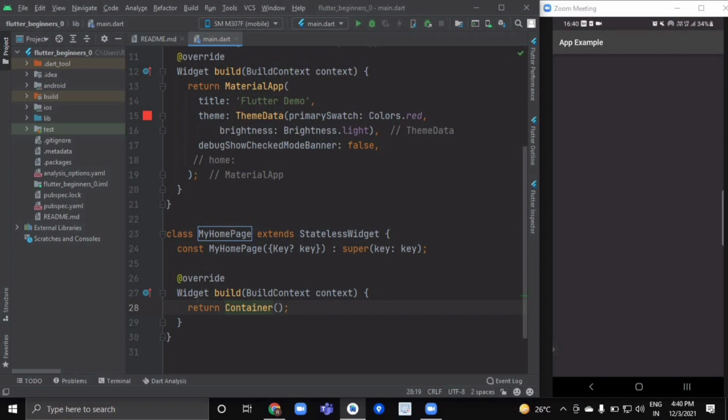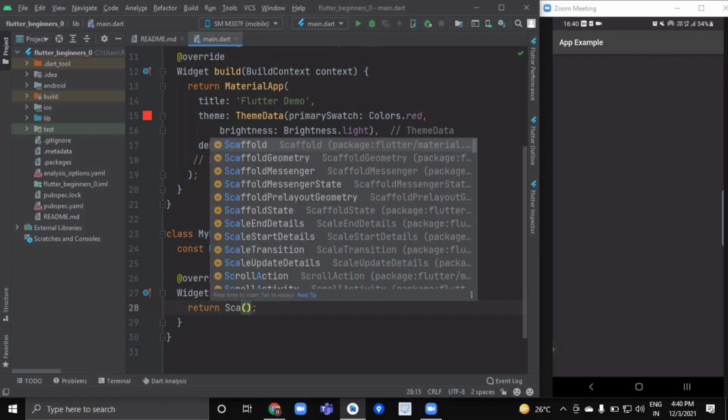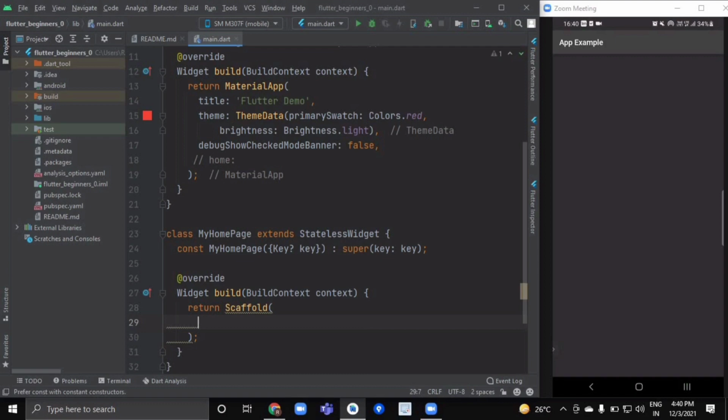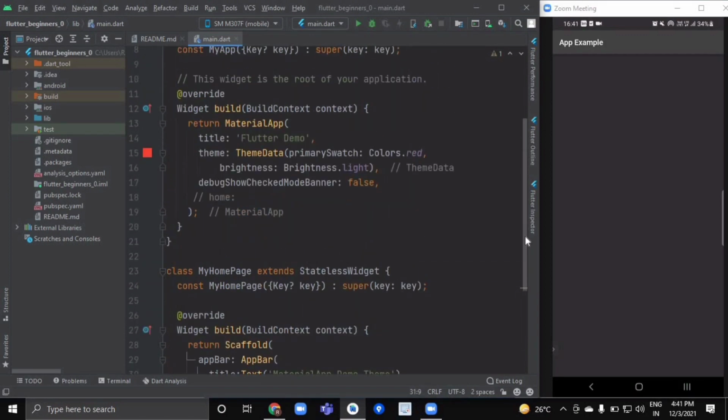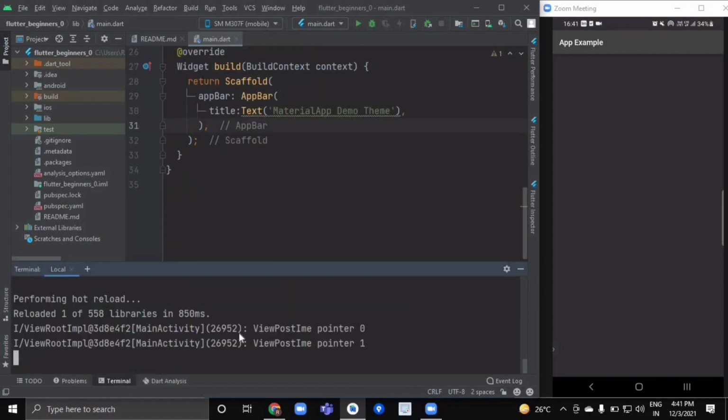Now over here each class is having a widget build method which is taking a build context. Now this context is the current context of your application. The build method, as the name suggests, will build whatever UI code you have written inside it, and it will return it in our application screen as visual components in the form of widgets. So we will always return a scaffold first, and here we will write down the code of our app bar. So here we have written the code of our app bar, and we will just hot reload it.